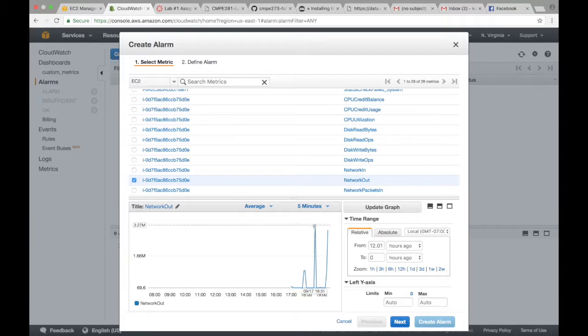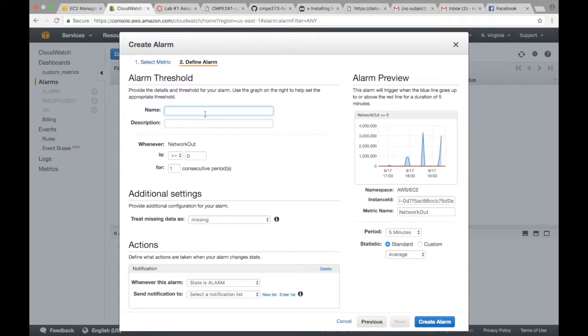In the last few minutes, our network utilization was 3.33 MB. It was max during this time. So we can create an alarm, and name it network alarm,